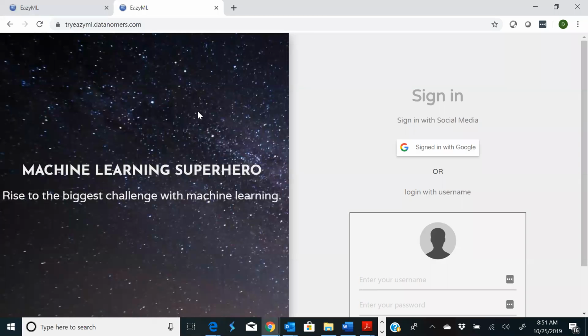We are here to talk about EazyML, a machine learning platform that, as its name says, is very easy and democratizes machine learning for everyone. So let's say you are a mid-level manager in a large enterprise with many direct reports.